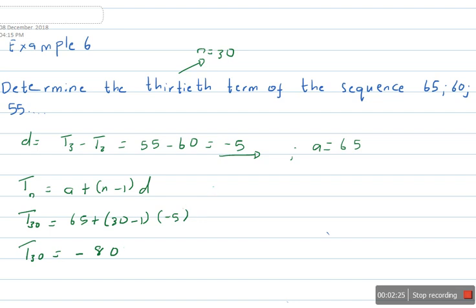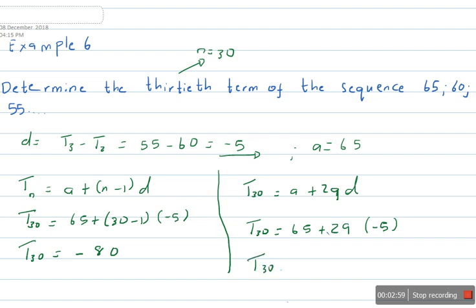Also we can simply do it like this, since we know that T30 is equal to a plus 29d. So T30 is equal to a, which is 65, plus 29 and d, which is minus 5. Then do it on our calculator. We'll get the same answer, which is T30 is equal to negative 80. So that is your answer. And then we move on to